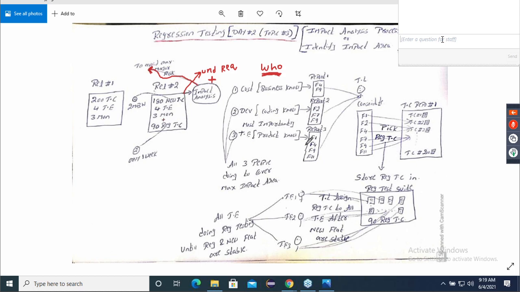Observe, guys. First one. Customer does the impact analysis based on the business knowledge. See, who is asking for changes? I want to change this. I want to add this. I want to modify this. Who is asking? Customer. Customer is only saying that I want to add this, I want to delete this, I want to modify this.